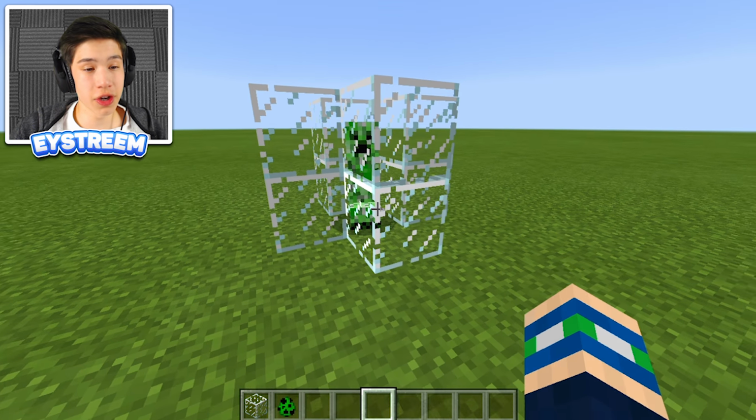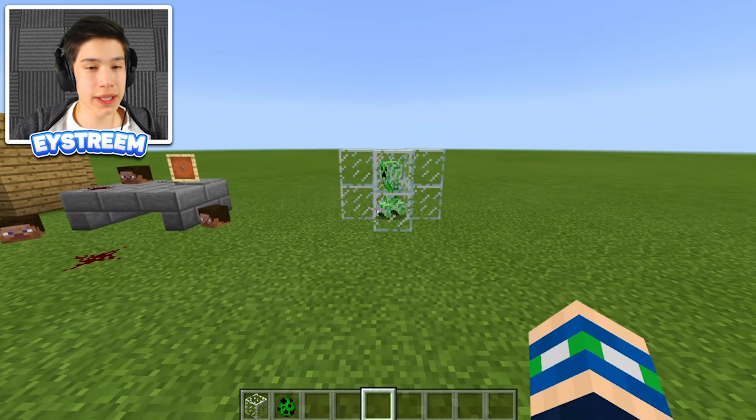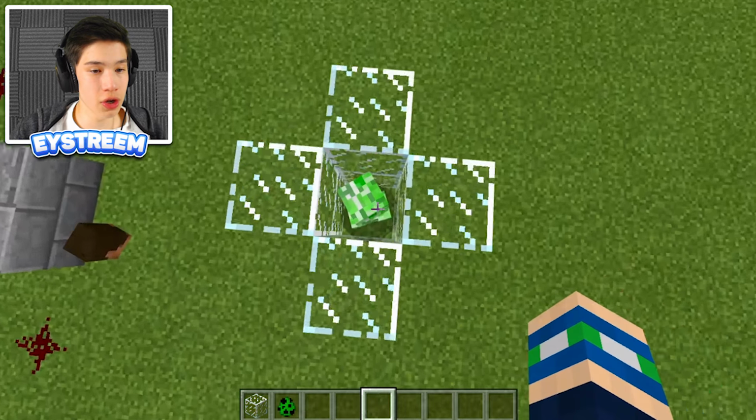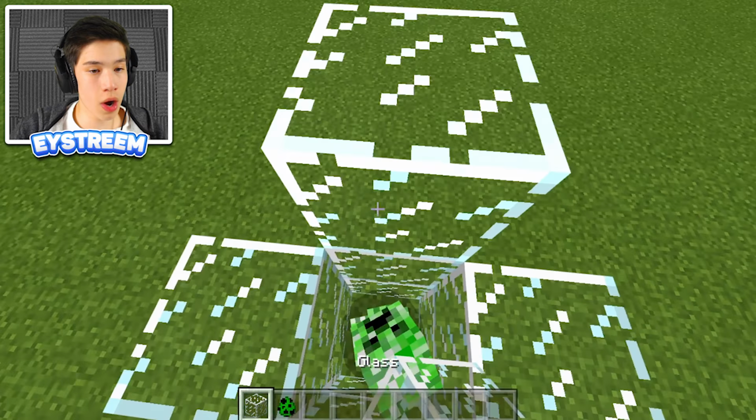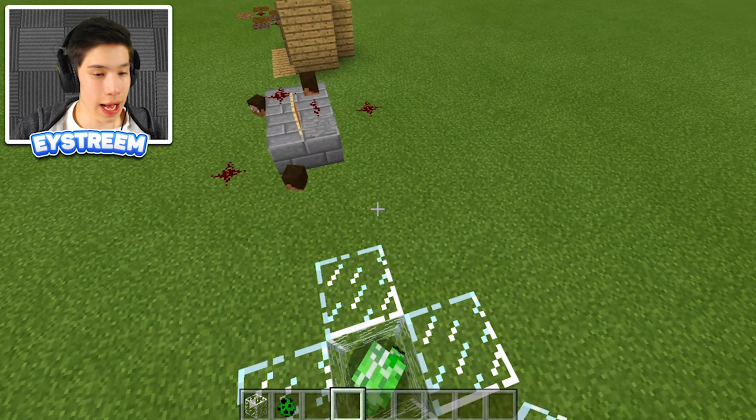Now, if you are in survival, you're going to need to somehow trap the creeper in there. I'll leave that up to you guys to figure out, but that's basically what you need to do. Now, the next thing you need to do is go ahead and get about 1-2 blocks above your creeper. Once you've done that, guys,